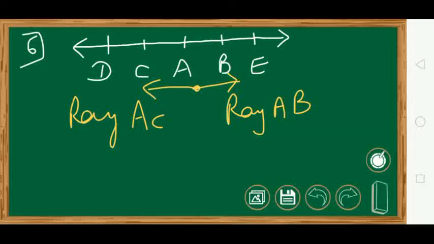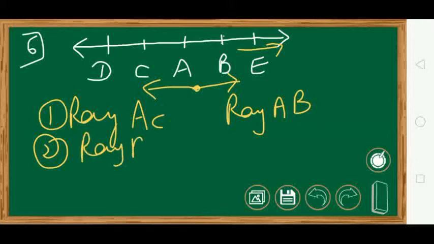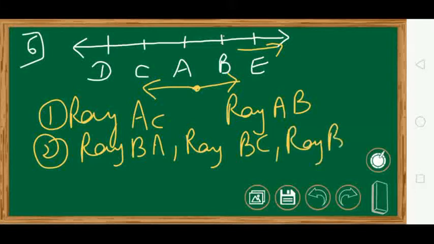Name the ray opposite to BE. Now this is BE. Now what will be opposite to BE? Either you can write BA or BC or BD. Okay. So BE is going like this. The point is B. So taking B, but now in the opposite direction, you will have ray BA. Not AC. From B only you have to start. So BA or BC and ray BD. All three are opposites to BE.